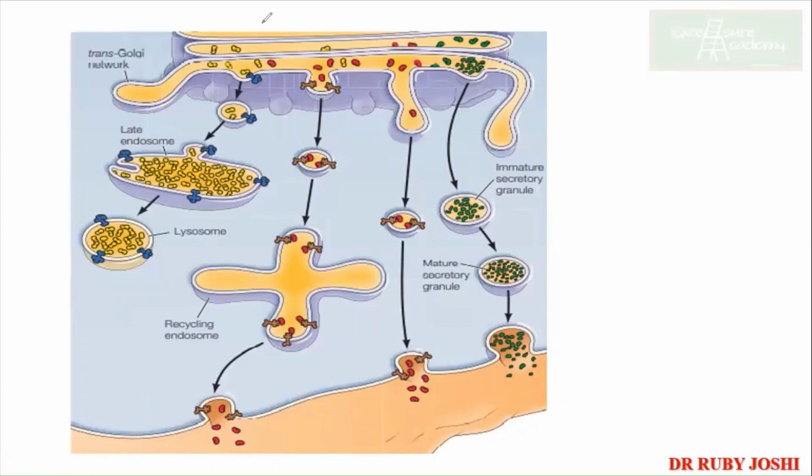So you have got over here the trans-Golgi area, from where your vesicle will be formed. You can see that each compartment is localized for types of proteins. For example, let us say these are granule proteins, so this particular thing will be immature. On the pathway they become matured in the vesicles and are finally released.